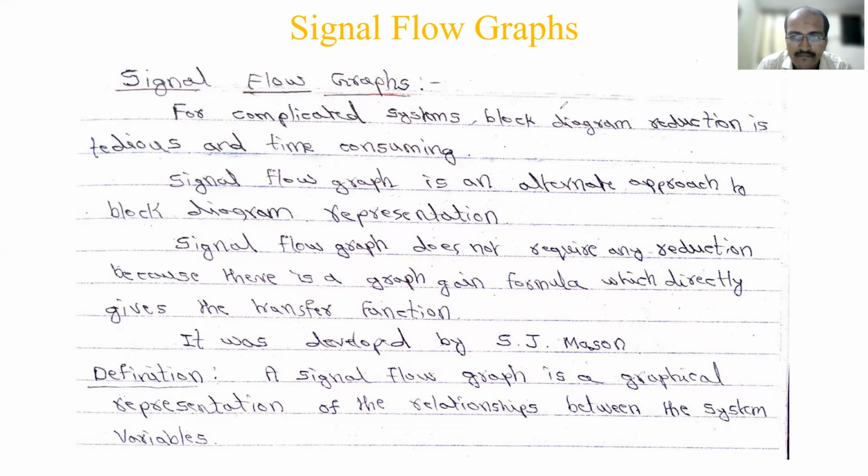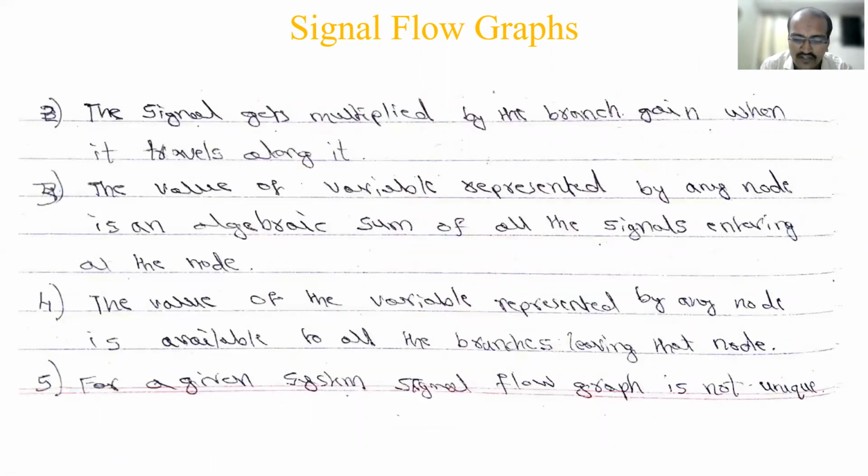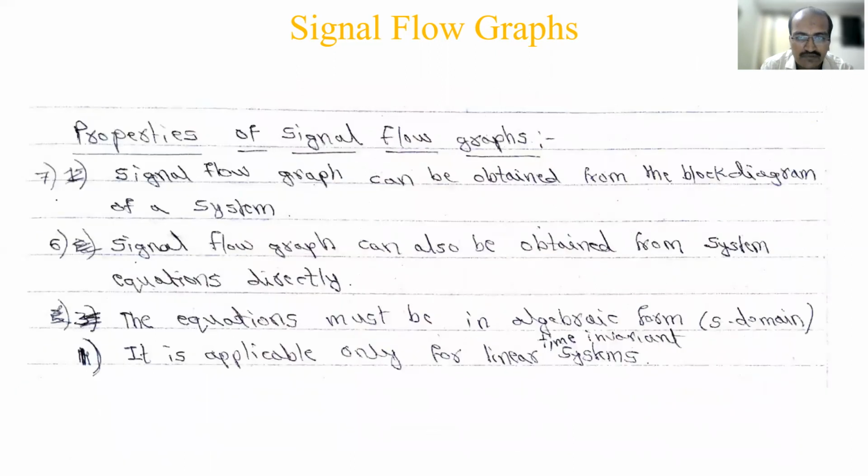Now we'll see some of its properties, and go through the required things. The properties of signal flow graphs: the numbers are not in order, so we'll speak in the same way. I have 2 slides of properties. Sometimes in theory they will ask you to list or explain the properties of signal flow graphs for 5 marks, so you need to write these points. I have 7 points, and I will go through them with the numbers only.